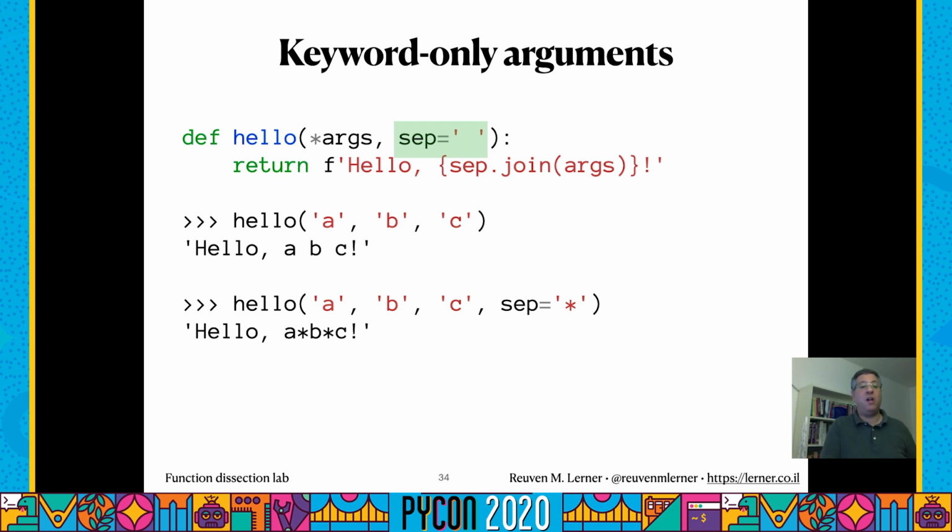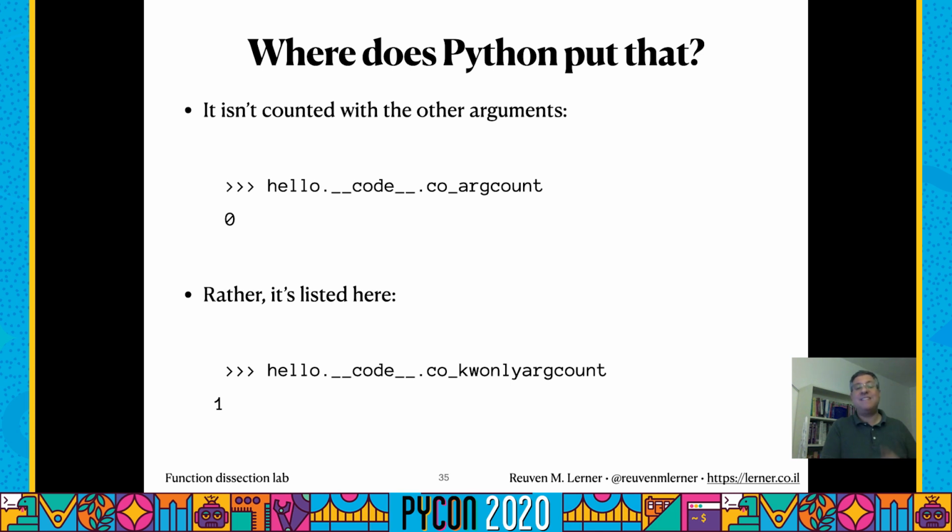And sure enough, if we call hello of ABC, it's hello of ABC with spaces between them. If I call hello of ABC with sep equals asterisk, then we'll have hello ABC with stars between them. So where does Python keep track of that? It's not counted with the other arguments. co_argcount is 0 here. 0 because splat args is not part of co_argcount, and 0 because our sep is not part of co_argcount. Where is it? It's in a separate attribute altogether, co_kwonlyargcount,